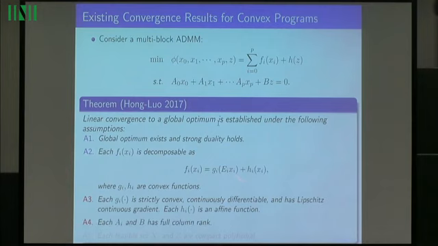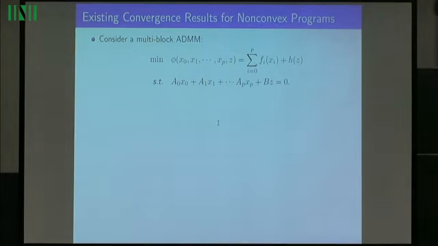Oh, I didn't write the individual constraints. For every xi, the feasible region needs to be compact and linear, for example. So this is a typical set of requirements for convergence of ADMM for convex problems. And later you see that there are simple examples where ADMM will diverge even for linear programs. Everything is convex. For non-convex programs, there is also recent, very promising progress,